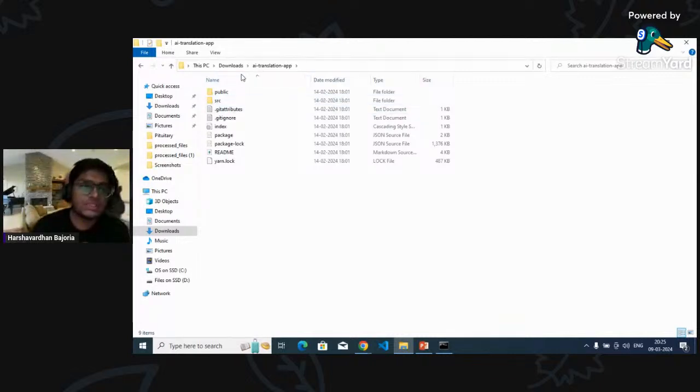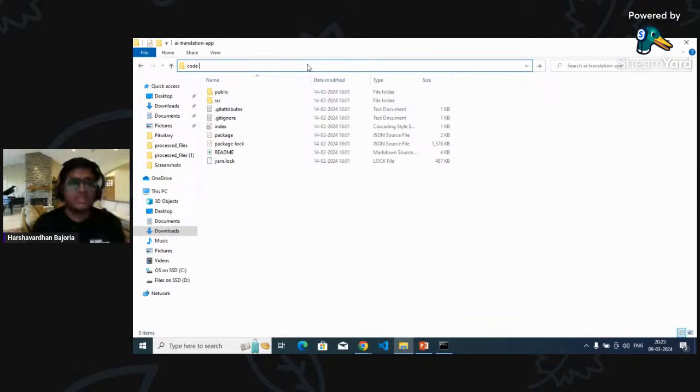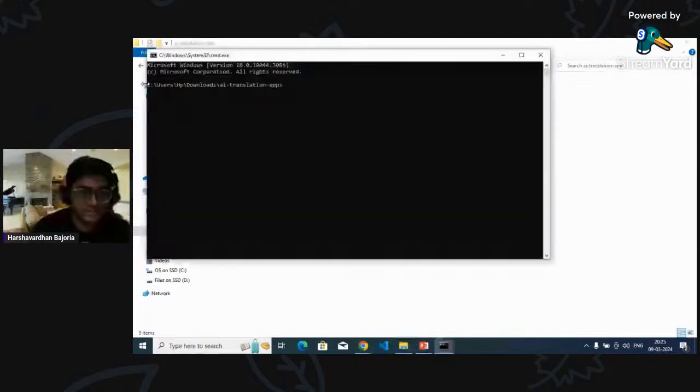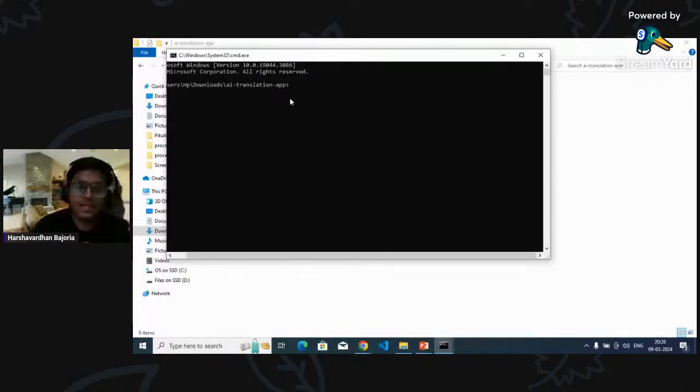What you can do is click over here. This is a shortcut, and just type in the command prompt with the address of that particular folder. Just do it and see the users, downloads, AI translation app folder. Very first step that you will do